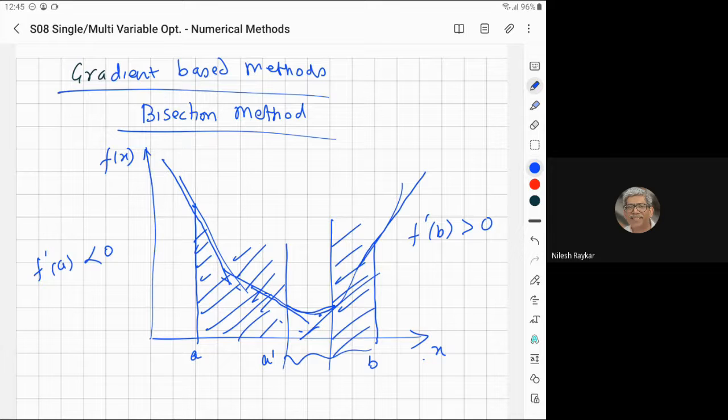Now, since you are doing numerical calculations here, you should know how to calculate the derivative numerically. You must have done that in one of the courses. So does anybody know how to calculate the slope of a function numerically? Let's say you have a function, the same function, x squared plus 54 by x. And you want to find the slope of this function, let's say at x equal to 5. So what is f dash x you want to determine?